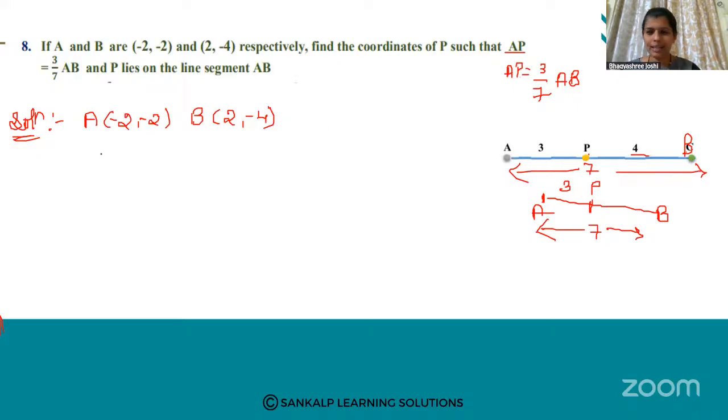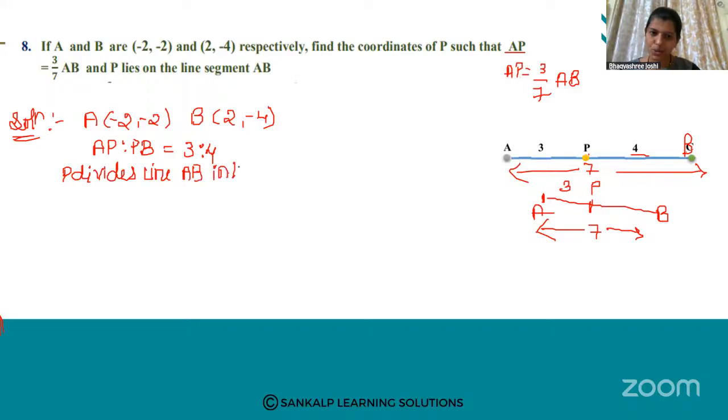This line AB is divided in the ratio AP is to BP, or PB, both are the same. Next, it is equal to 3 is to 4. A to P is 3, P to B is 4. Now this P divides the line AB